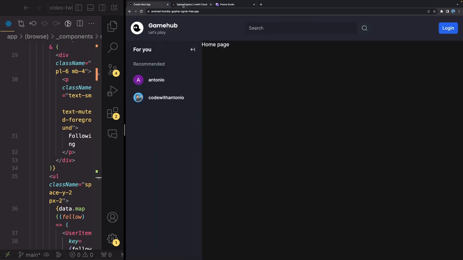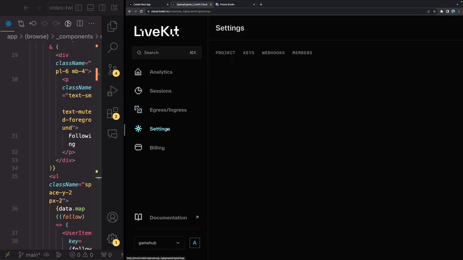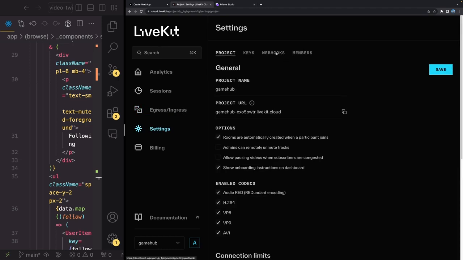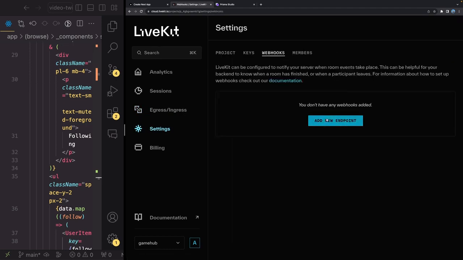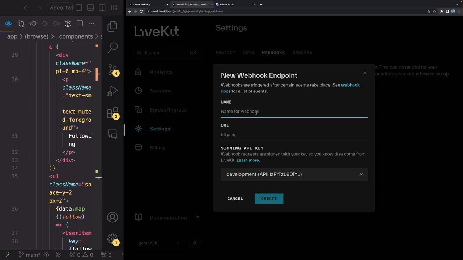Great. So what I want to do now is go inside of my LiveKit here, and let's go inside of the settings and let's click on webhooks right here. And let's go ahead and click add new endpoint like that. And I'm going to call this development as well. And let's go ahead and paste this. And then what we have to do is add to this URL